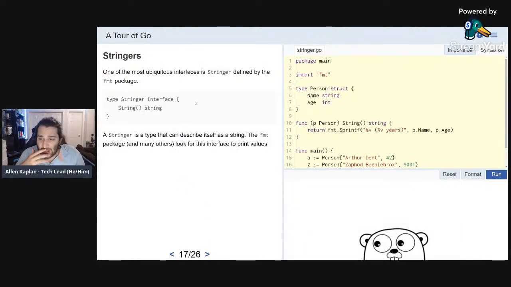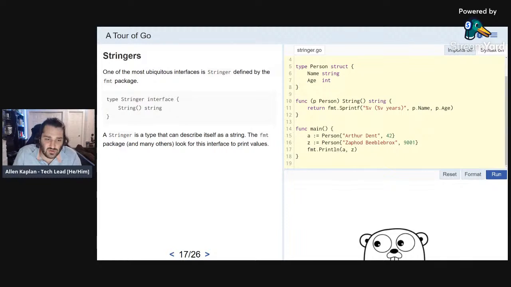So the Go standard library, with its huge standard library, is full of interfaces. Go, to make sure people can implement all sorts of things, especially when it comes to file reading and writing, defines a lot of things by interfaces. And one of the most common interfaces that everything has is Stringer. And Stringer just basically says it implements a .String method. How do you print something to string? And so whenever you call Println, it's going to try and use the Stringer